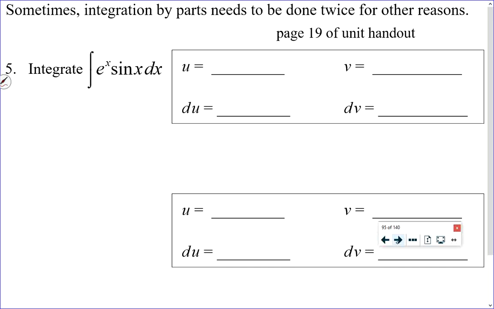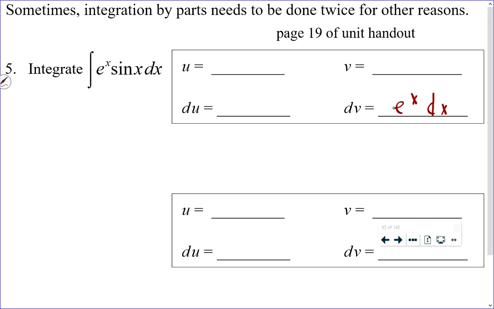And it's not really valuable to say that sine of x is going to become simpler when you differentiate it, because it just becomes cos of x. And nothing inherently simpler about cos of x compared to sine of x. I will tell you right now that it doesn't matter which one you choose, though, and parts will give us the solution. So because it's easier to anti-differentiate e to the x, I'm going to put e to the x